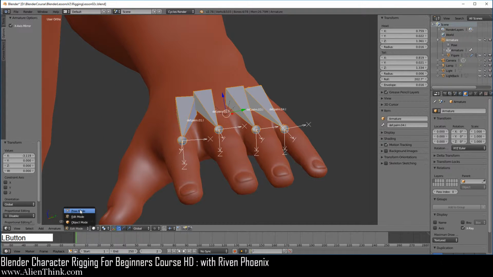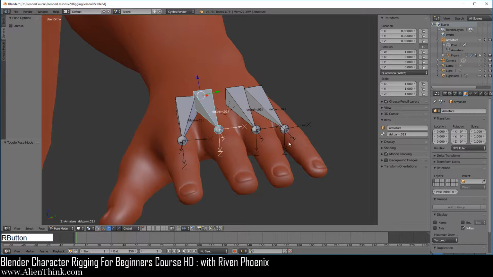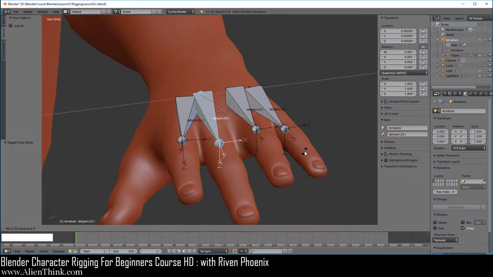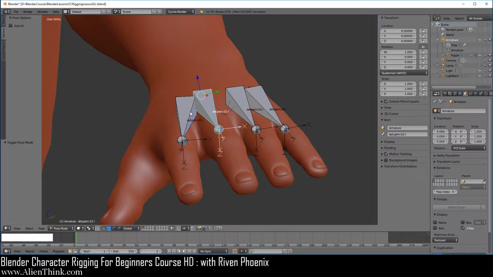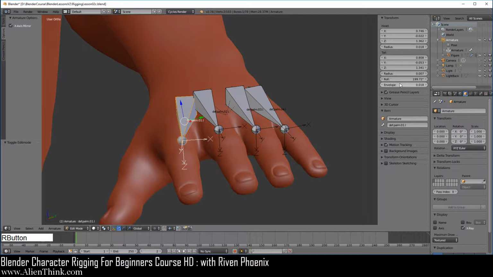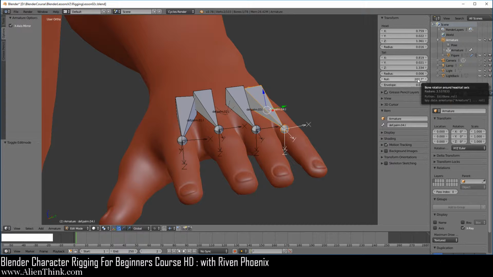Meaning that now when we switch to pose mode, and let's say click on this, press the R key, press the X key 2 times, we are rotating around the X-axis. And the Z-axis is pointing down because that's the major movement. So it's going to be true for all these bones. Now here what I'm going to do is go to edit mode and just show you that these are the bone rolls that I've set for all these bones over here. Okay. Again, don't get caught up in this concept of the numbers trying to match exactly what I have. Just note that it's pointing down.